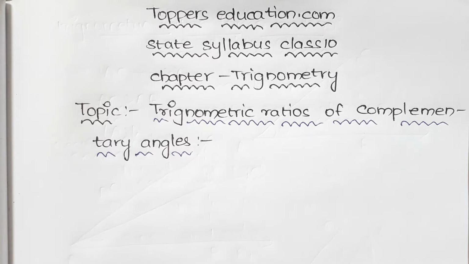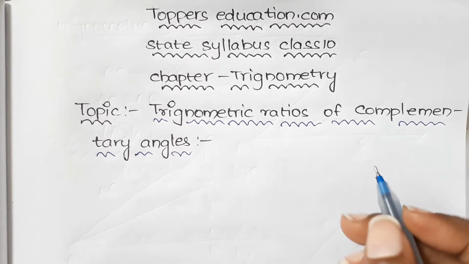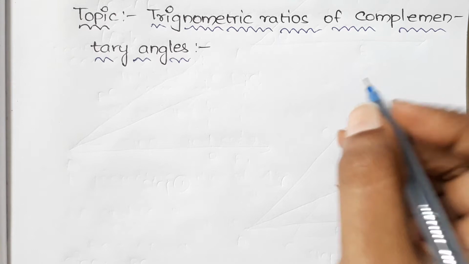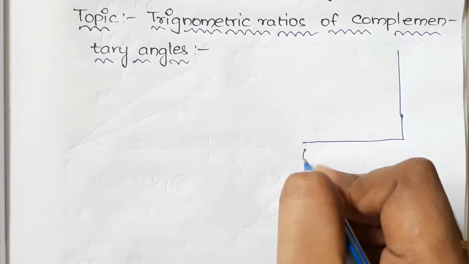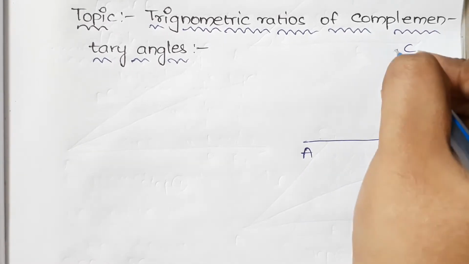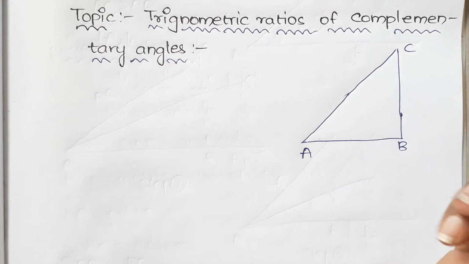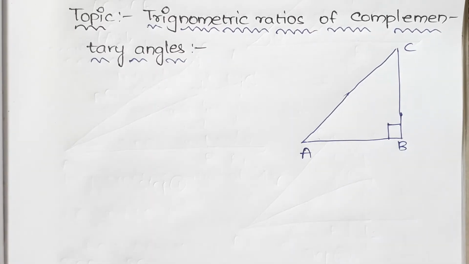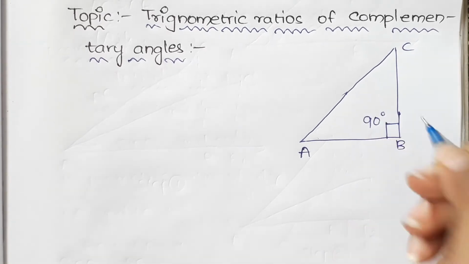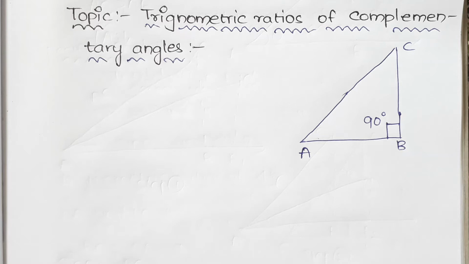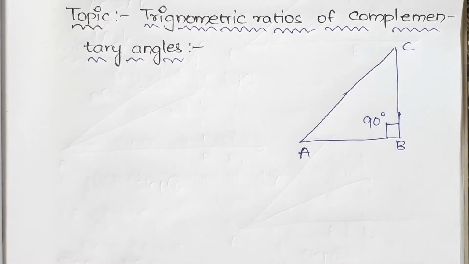90 degrees. And now let us consider a right angle triangle ABC. It is a right angle triangle, right angled at B. And here, since angle B is 90 degrees, the sum of the other two angles must be 90 degrees, because the sum of angles in a triangle is